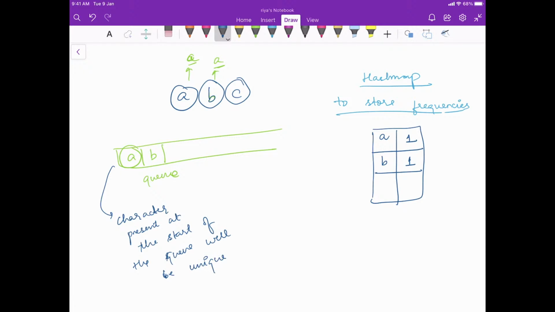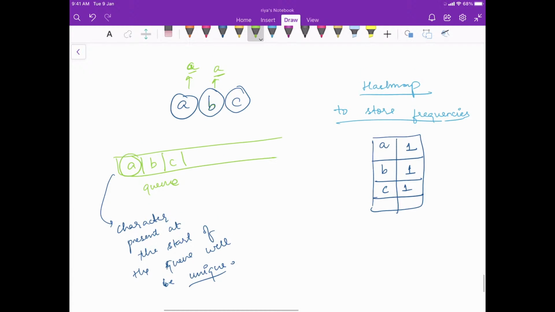We'll try to maintain it in this way, so that the element at the start of the queue is always unique. Now C comes into the picture, and we see the frequency of C is 1, that means we are good to go. We simply added C here also, and the answer is still A, which is the element at the start.